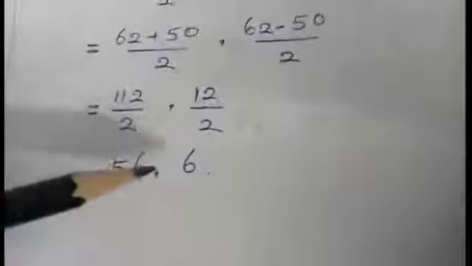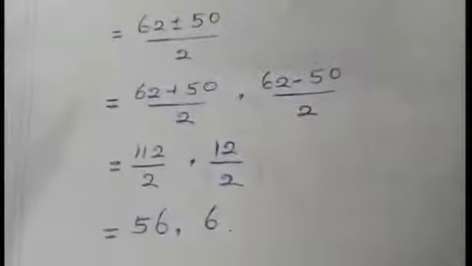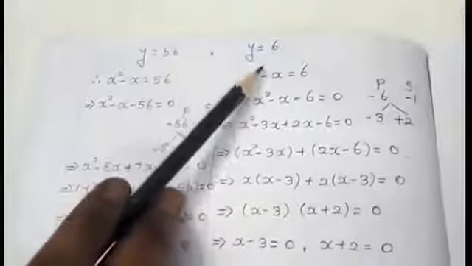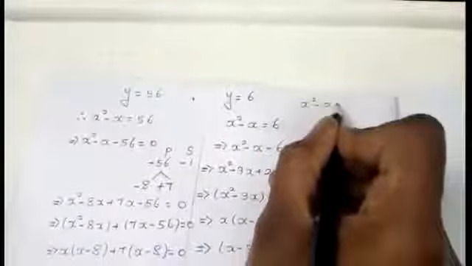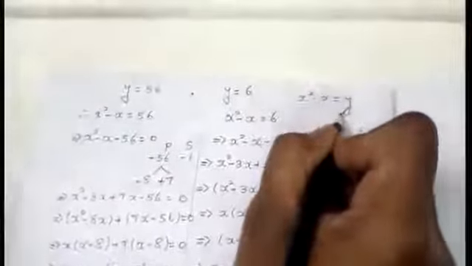This is again in the form of a quadratic equation. If you use the quadratic formula, you are going to simplify the terms, students. After simplifying, you will get the answer as 56, 6. So y equal to 56, y equal to 6, students. So when I am finding y, I am getting these 2 values. But in place of y, what is the value we have? That is x square minus x equal to y. Again, I am going to replace this y with x square minus x.